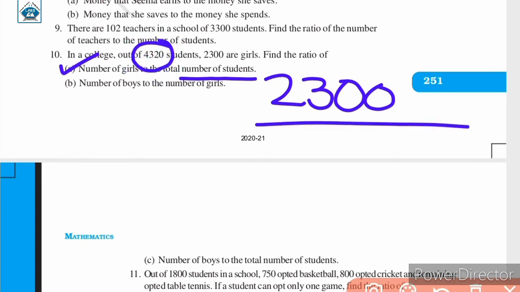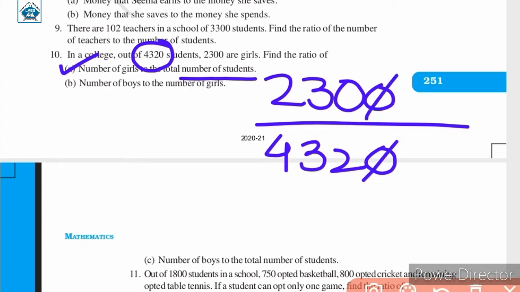Question में directly दिया हुआ है. It is 4,320. ये क्या है? ये total number of students है. So now we got the required ratio, but since it is not in the simplest form, we will find the simplest form. So क्योंकि ये numbers बड़े हैं, तो जैसे आप लोगों को पहले मैंने बताया था, यहाँ पे zeros are getting cancelled. So cancel the zeros.